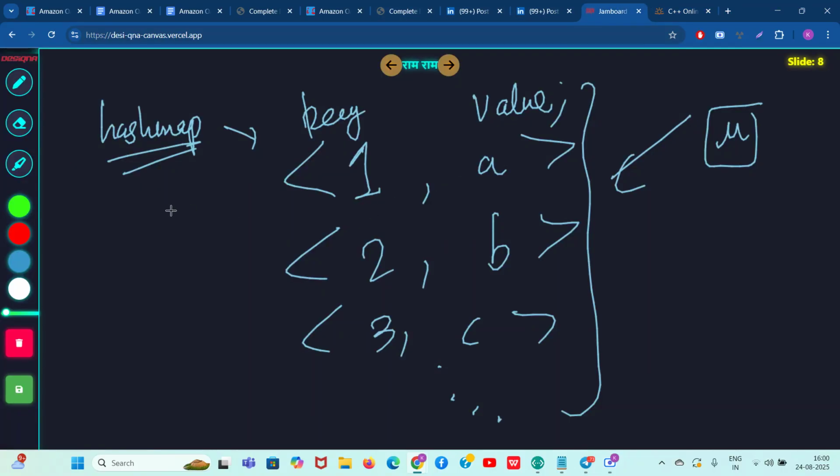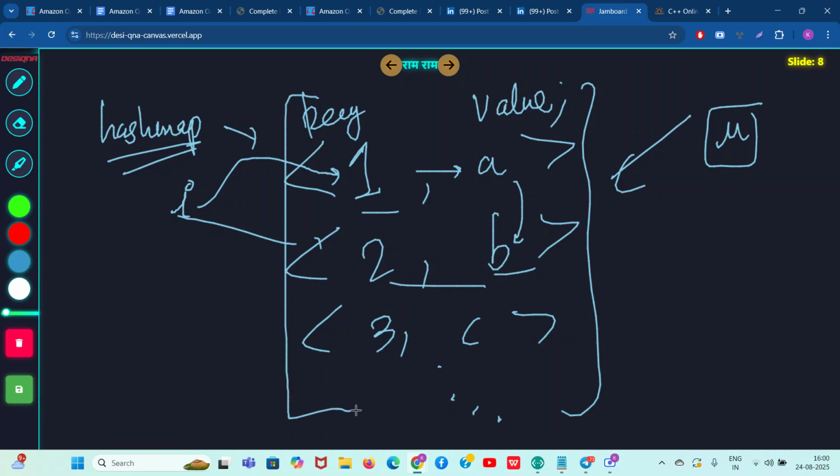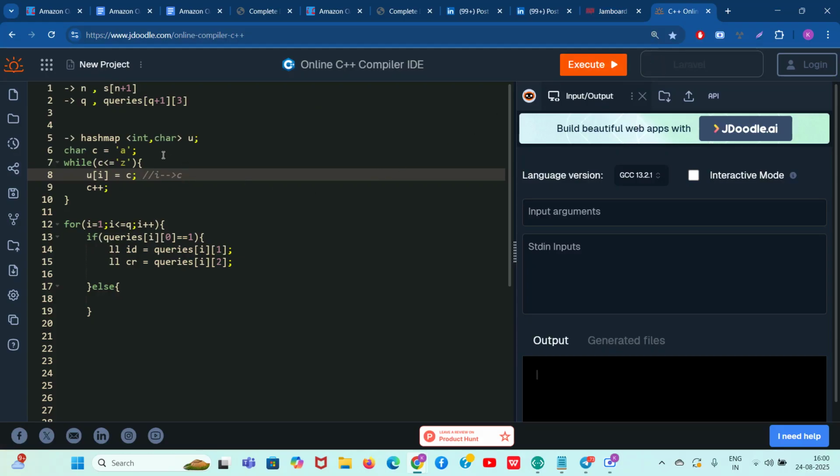Number i initially will be 1. It will point to character a, then character plus plus it becomes b, then i plus plus, 2 points to b. Like this, it will be stored. So our hash map will now have the data for all the keys, and what the character values can be. I need to declare my i, so int i equal to 1, and I need to write i plus plus also. Okay, so this thing is done.